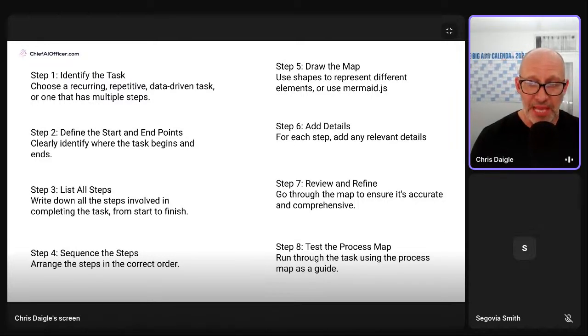From here, once we've tested the process map and I'm able to get the result manually, which indicates that each step that I followed was accurate and in order, then here comes the fun part. We're going to look at that process map, right? The visual that we did in number 5 by using mermaid.js. And we're going to say, okay, on step 1, can I automate this? Can I